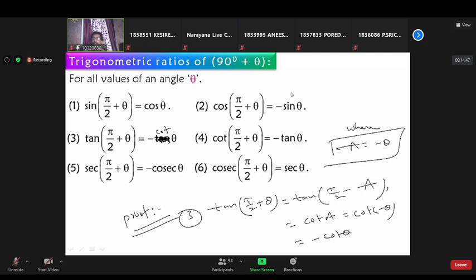The proof. I'm giving one example of how we are going to prove all these. I consider the third one, tan of pi by 2 plus theta, where theta is equal to minus a, I'm substituting, or a is equal to minus theta. That is tan of pi by 2 minus a. Already proved tan of pi